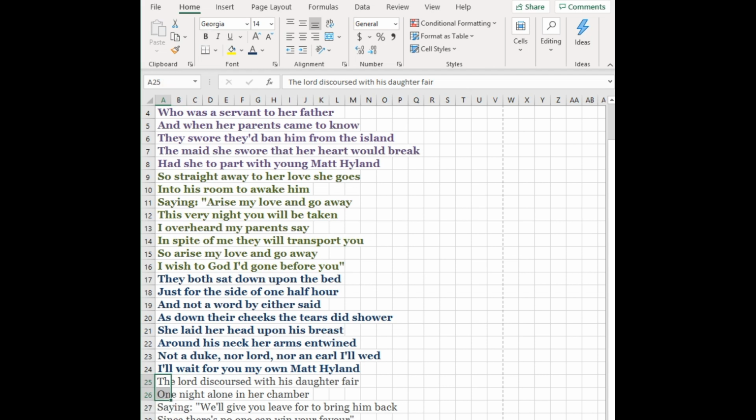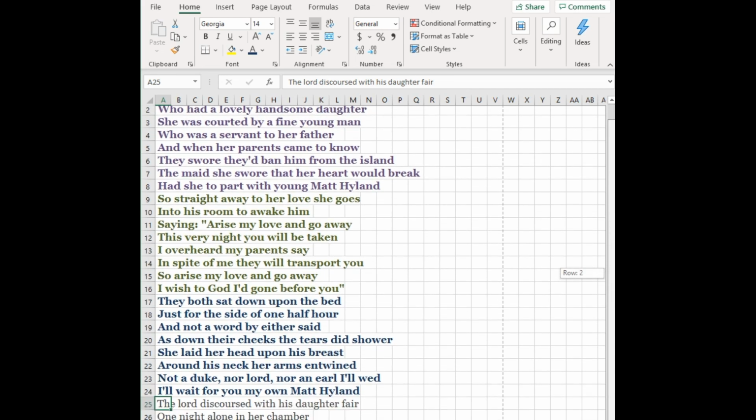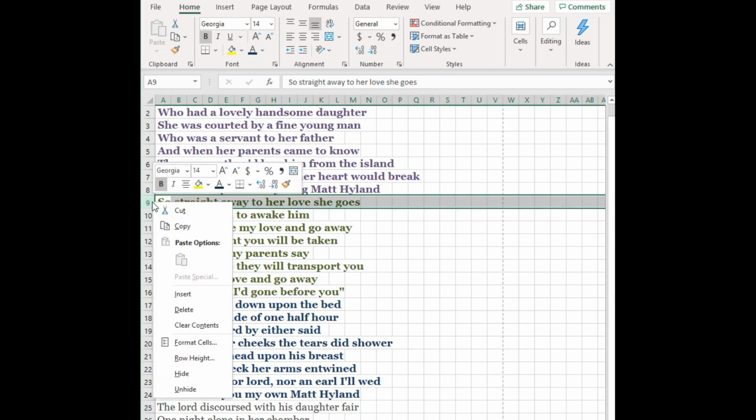Oops. Oh, I see. I can't go any further down because the controls for my screen capture are down there. So anyway, I've delineated 3 verses by color, and very quickly I'm going to put a separate